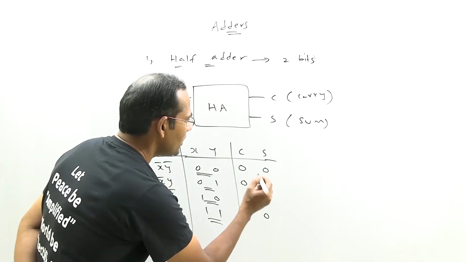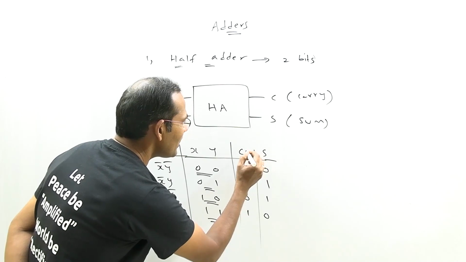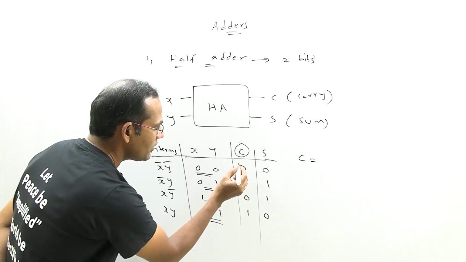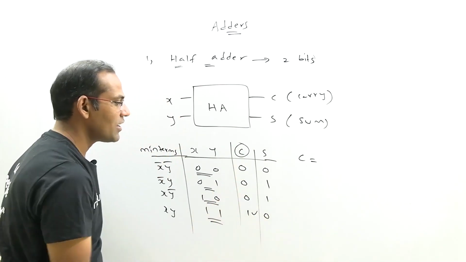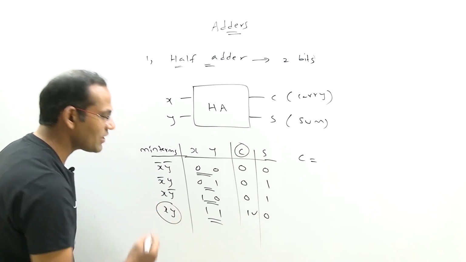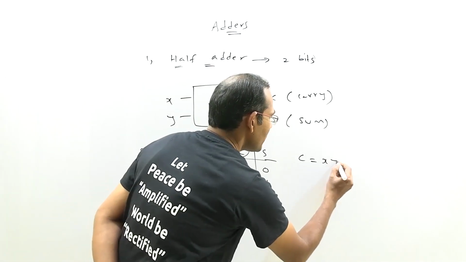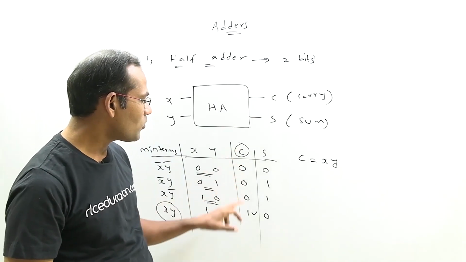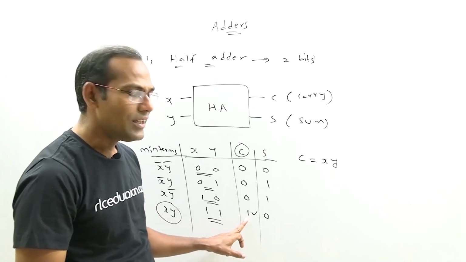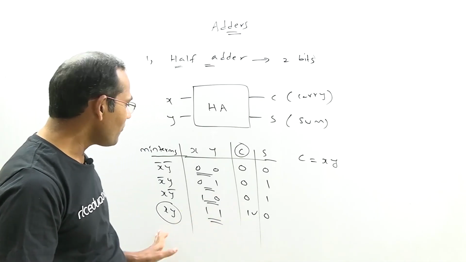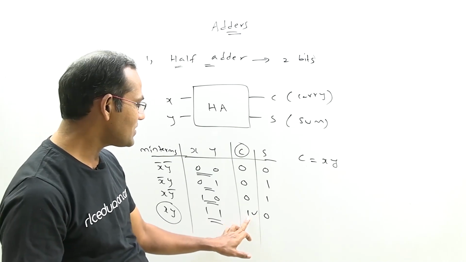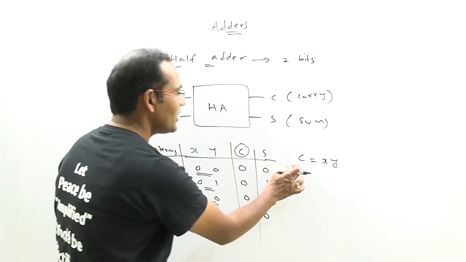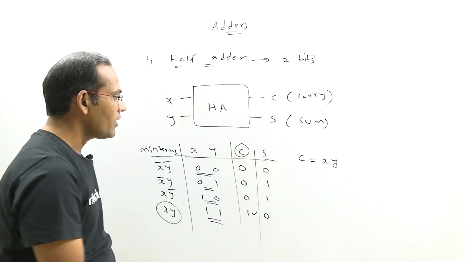So here first see the carry output. It contains only 1 1. So write the minterm. Always the procedure to write the expression is first identify ones in the output side, then take the minterm for each one. Here only 1 1 is there, take this minterm, so xy. Only 1 1, that is why the carry contains only 1 term.